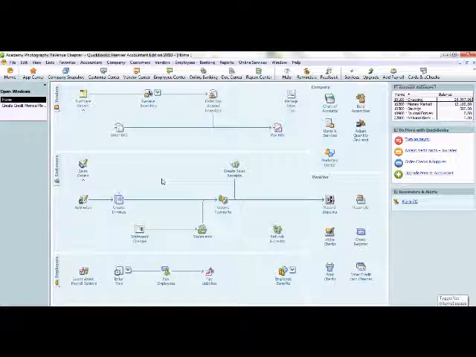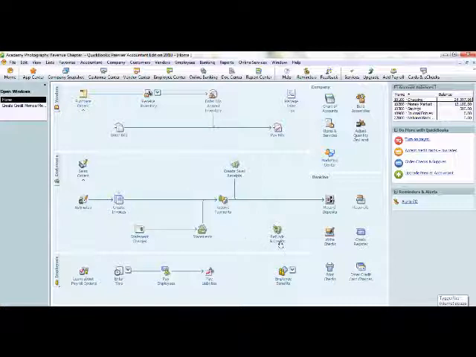In this example, we are going to go over creating a credit memo and the 3 different ways to apply a credit memo to an invoice within QuickBooks. For this example, I'm using QuickBooks Premier Accountant Edition 2010, so if you're using a different version, your screens may look slightly different. The first step is going to be to create our credit memo, and that is done by